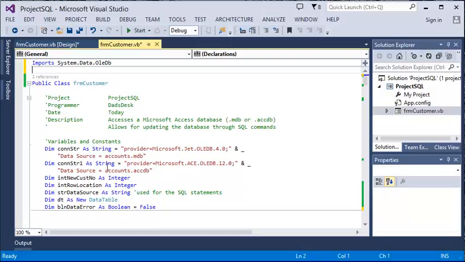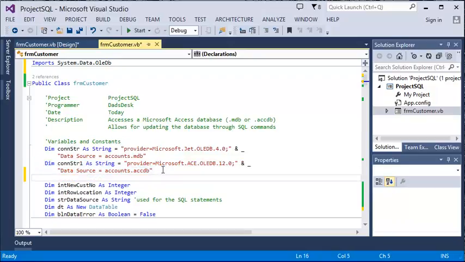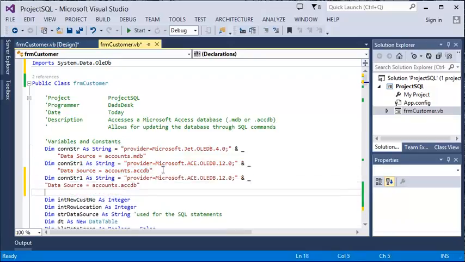Then I need a different connection. I'm not going to make a string connection on this one. So what I will do right here, I'm going to copy this because it's pretty much the same, and I'm still going to be using my ACCDB database. So I'll highlight that and do a Control C, then come in here and do a Control V and paste that in, and then I'm going to just change this one to connection str2, but it's not going to be as string. I'll just say equals,